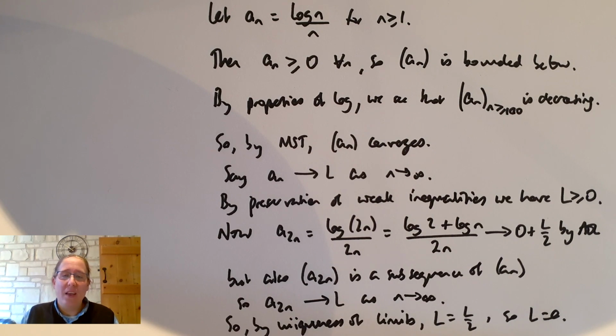So one thing we might think about is sequences having convergent subsequences. Is it the case that every sequence has a convergent subsequence? You think about it for a minute and you realise the answer is no, because if you think about the sequence 1, 2, 3, 4, 5, 6 forever, that does not have a convergent subsequence. So it's not the case that every sequence has a convergent subsequence. But is it the case that every bounded sequence has a convergent subsequence? That's something that I'd encourage you to have a think about before you watch the next video.